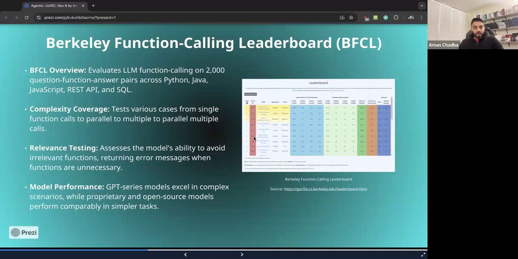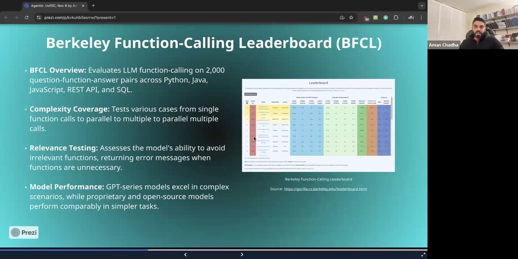And like I mentioned earlier, there's a lot of complexity in function calling as well. There's single function calls to parallel function calls, which are multiple sets of function calls to be done to the same function. So say if you have one function available to you, do you want to call that function once or multiple different times with different arguments to get to the answer for the user? That decision also has to be made at runtime by the LLM, because an input query might not require a single function call to be able to serve back the answer. So they have that variation as well, which is parallel.